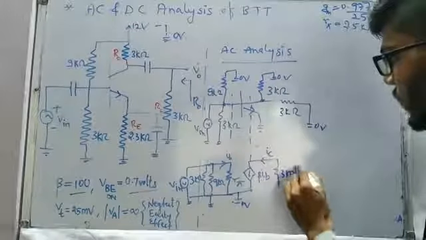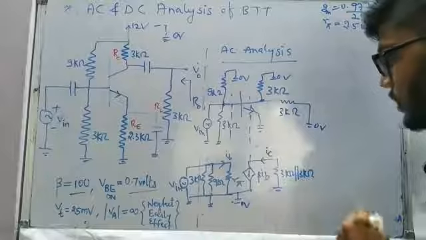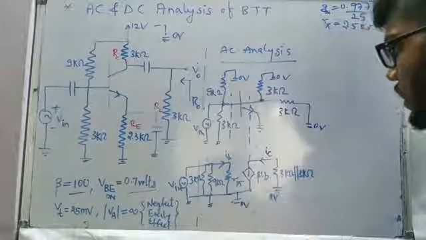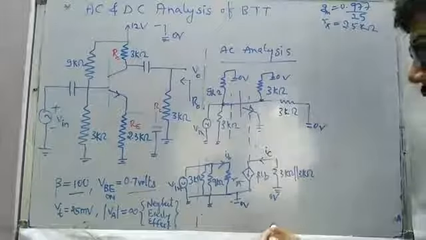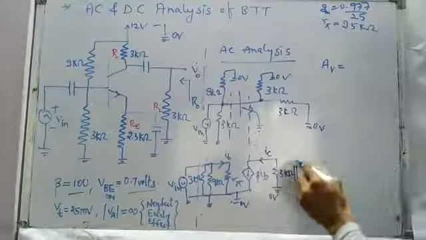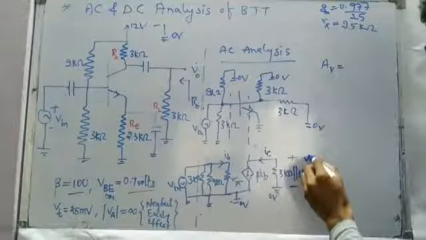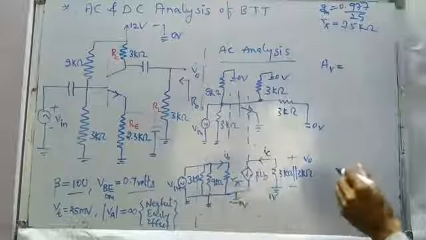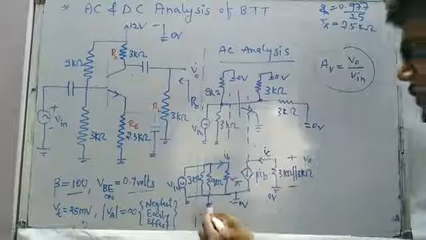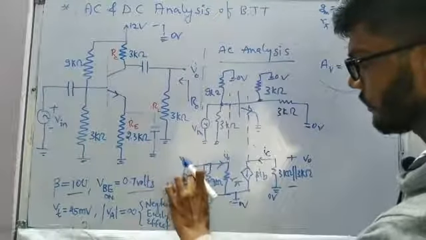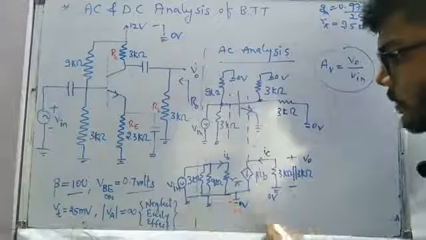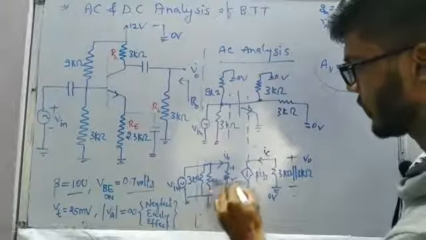So 3 kilo ohm parallel 3 kilo ohm, and this is also at 0 volt, and this is also at 0 volt. Now we'll try to write the voltage gain. The voltage gain is going to be AV, the voltage at the collector is V naught, and the voltage at the base is V in. So we need to find V naught by V in. In all these three branches, 3 kilo ohm, 9 kilo ohm and R pi, the voltage difference is going to be the same, plus minus V in.